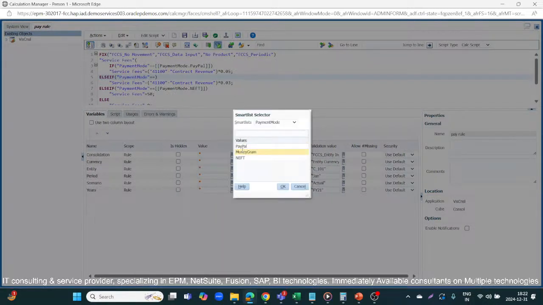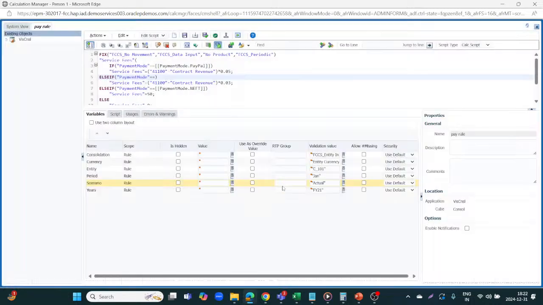Second, you will define here, second is your MoneyGram. You can see if the payment mode is MoneyGram, then the service fees will be the difference of these revenue into 0.03, that is the 3%. Or if the payment mode is NEFT,